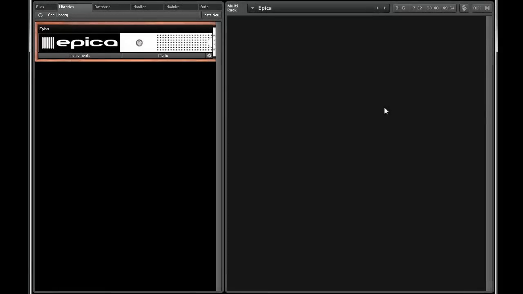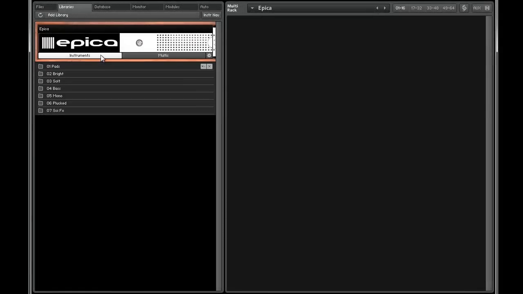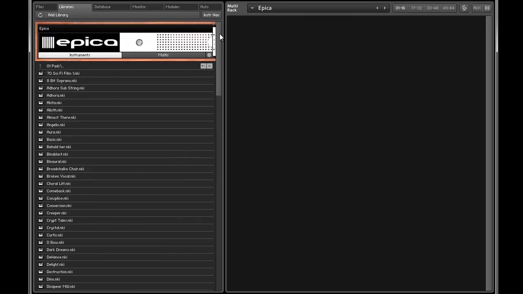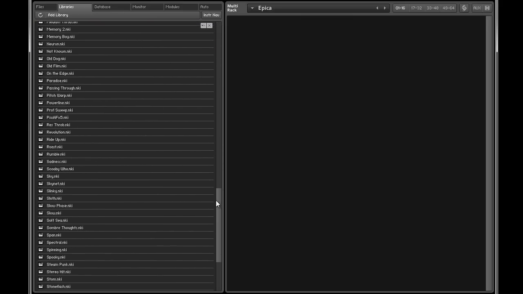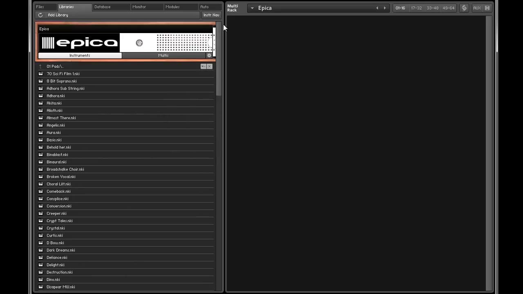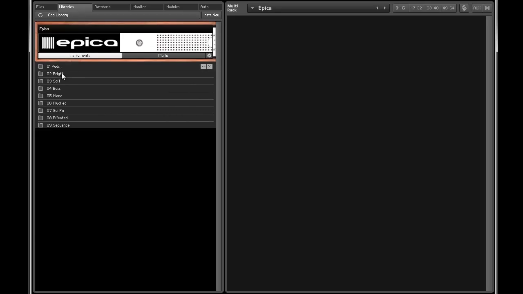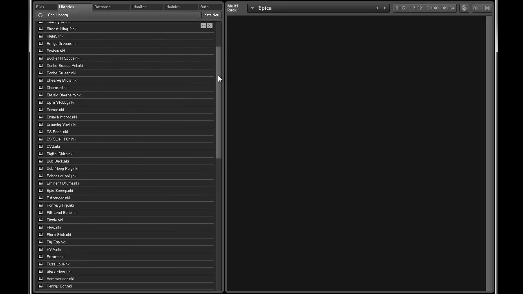So what do you get with Epica? Over in the instrument folder, we have several categories ranging from pads, bright, soft, bass, mono, plucked, side effects, affected and sequence. In here are the single instruments. By going to pads, you'll see we have a huge selection here under pads. There's just under 500 individual single presets in the bright folder,